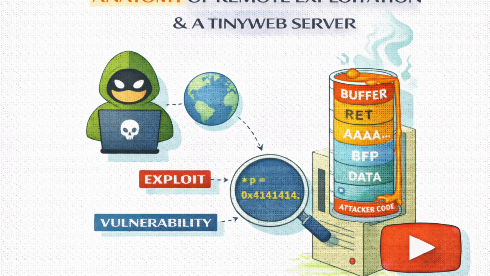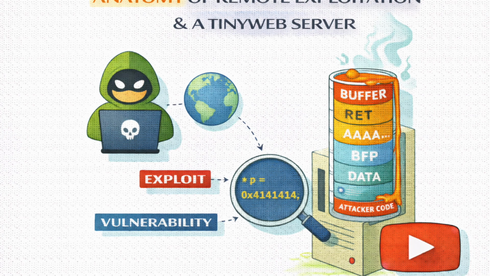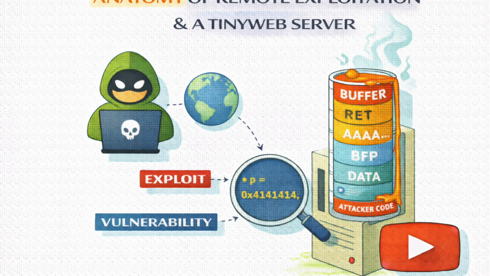The first method the source explores is the bind shell. Okay, how does that work? Essentially, we inject code that tells the server, stop serving web pages. Instead, open a new port, say port 9999, and just listen for a connection. So it turns the server into an open door. A wide open door. If the exploit works, the attacker can use a tool like Netcat to connect to that port, and suddenly you're not a web visitor anymore. You're a user logged into the system.